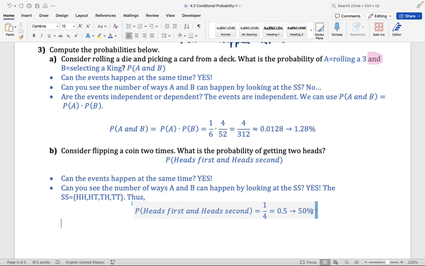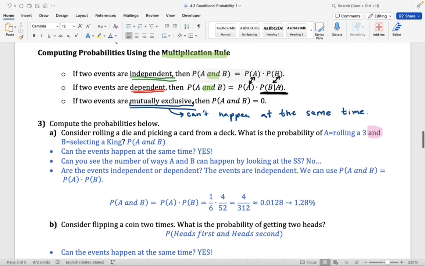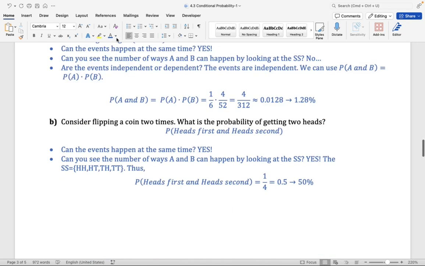We are done. Now you might be wondering, would it be possible for us to use one of the rules here above? The answer is yes. So I'm going to continue showing you how you can do this, okay? So you could ask yourself, are the events independent or dependent? If I flip a heads first, is that going to change the probability of me flipping the coin again and getting a heads? No, right? They're independent. Each flip is independent from each other. One flip is not going to affect the second flip. Okay? So here the events are independent.